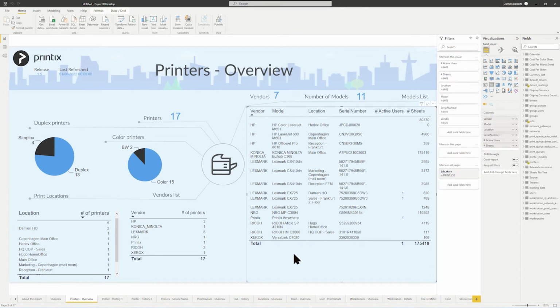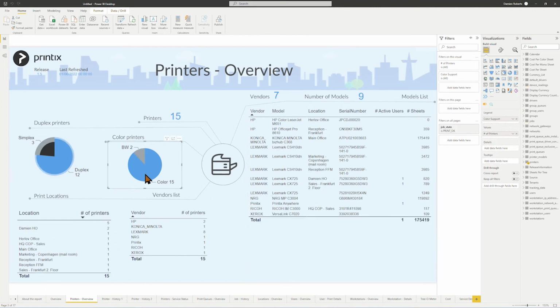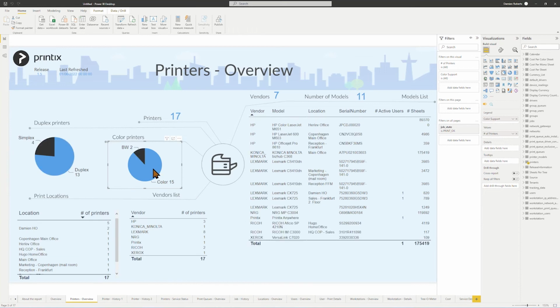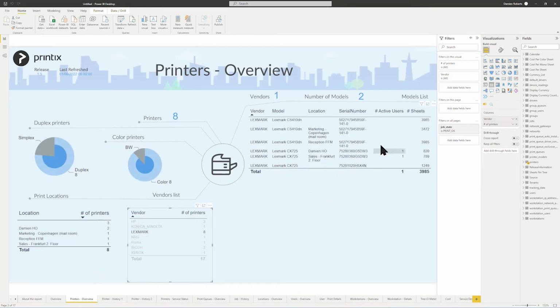Please note that the entire report is interactive. So if we click onto color, it's going to filter all these different tables to the print jobs printed in color. By clicking again, we unselect that. We could also show all the Lexmark devices by clicking on Lexmark. This is how you would filter the reports, and this is the method that you can apply on each single